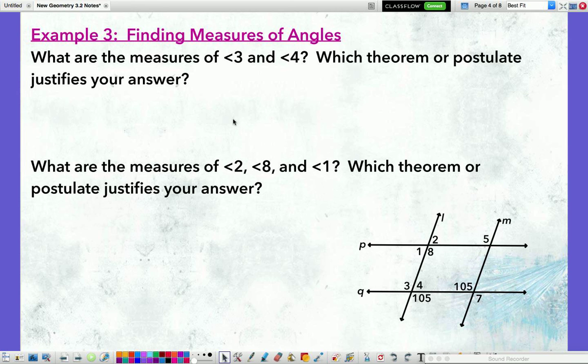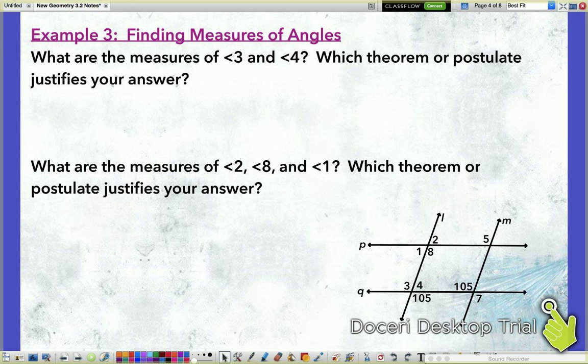Now we're going to find measures. On your sheet, you do not have the angle 3 in your diagram, so go ahead and put angle 3, which is right here. Go ahead and put that on your diagram so you can see what's going on. So I'm going to find the measures of 3 and 4 and say which theorem or postulate justifies my answers. Now, if I were to turn that figure and look at it kind of upside down,